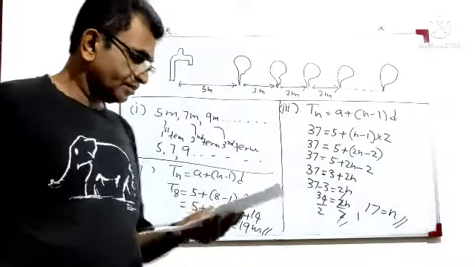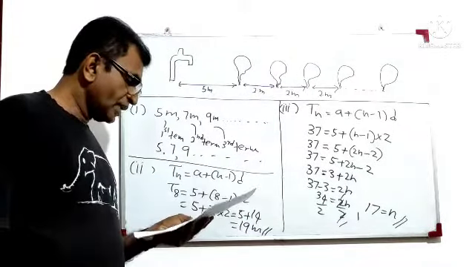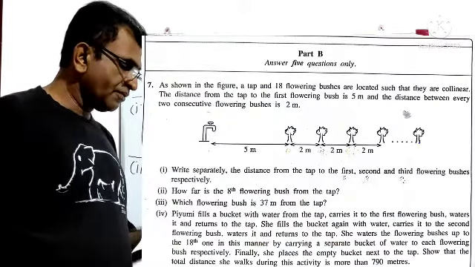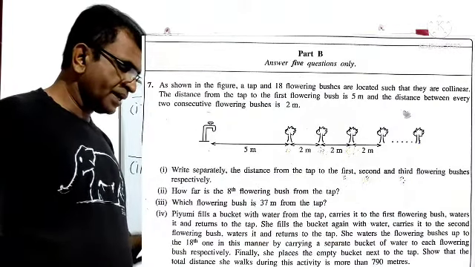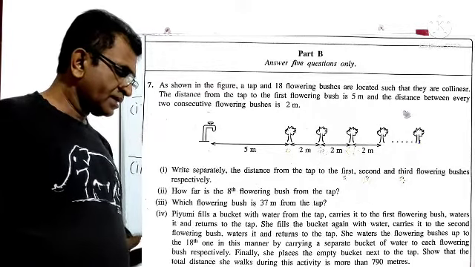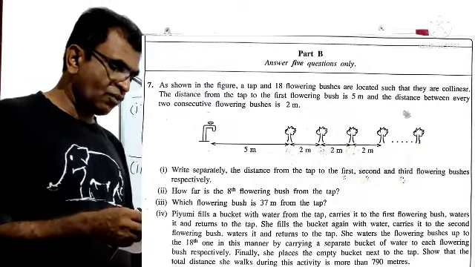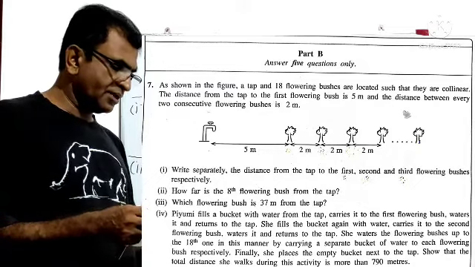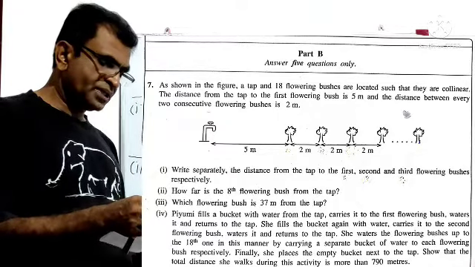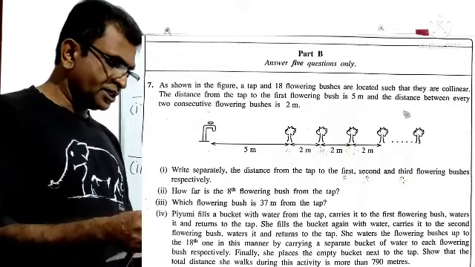the last question. That is a very important one. We can get some more marks in this question. What it says: Fumi fills a bucket with water from the tap, carries it to the first flowering bush, waters it and returns to the tap. She fills the bucket again with water, carries it to the second flowering bush, waters it and returns to the tap. She waters the flowering bushes up to the 18th one in this manner by carrying a